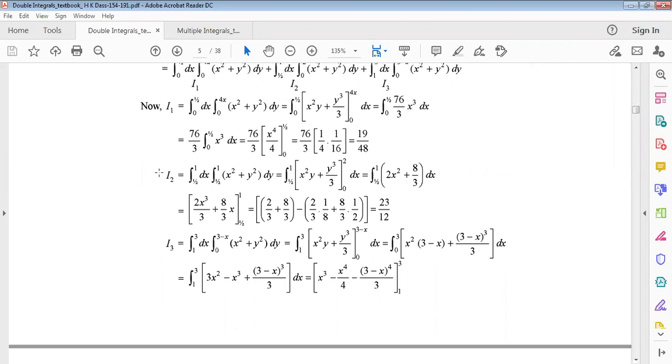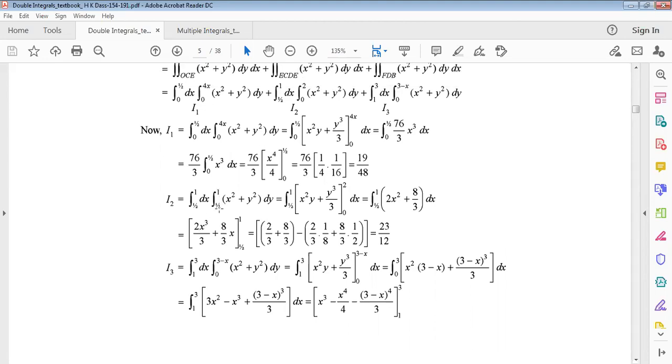Similarly, for the second integral, that means rectangle area will be half to 1 dx, half to 1 x square, this one. Now half to 1, actually there is a mistake, a printing mistake. For y limits, what will be for the rectangle? 0 to 2, right? This is 0 to 2, but here there is a mistake, half to 1. This is a printing mistake. So it will be 0 to 2, and after taking integration with respect to y, then we get this one, and limit here, right? Lower limit 0 and upper limit 2. There is a mistake, remember it.